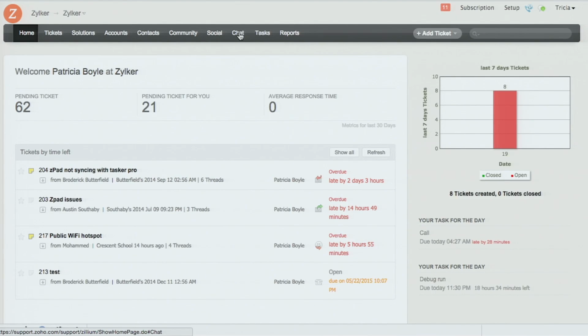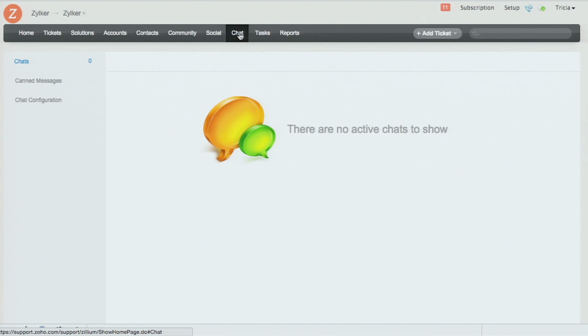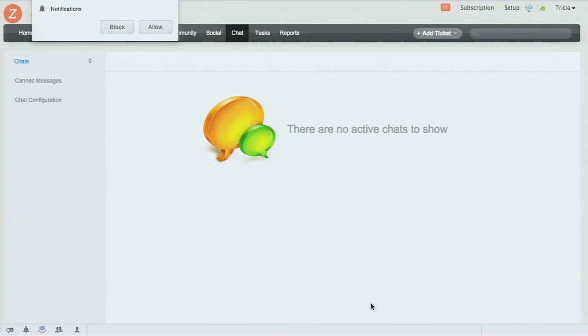Then we have the chat option here. So again, it's simple. You have to enable and configure the live chat option in Zoho Support, and it will give you the code that can be uploaded on your website. Once you do that, the customers will have the chat icon on your website, and they can initiate a chat. Every time somebody tries to chat with you, you will get the pop-up right here, and you can respond to that. Once the chat is over,